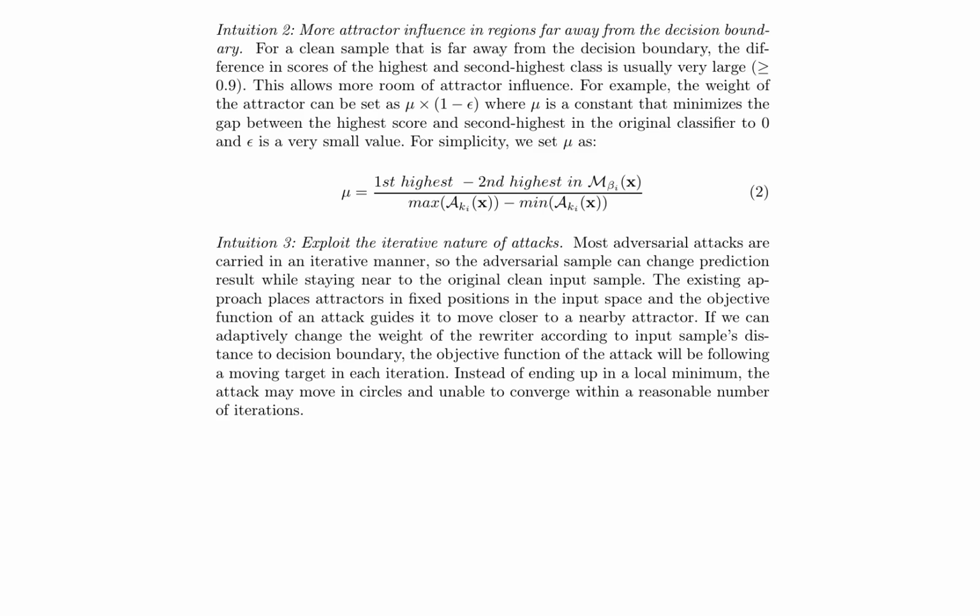For samples near the decision boundary, the weightage of attractors is chosen empirically. In the example provided, the authors set the weightage to a specific value to achieve the desired effect. The adaptive attractors approach aims to maintain the effectiveness of the parameter rewriting at a constant level, regardless of the number of copies available to the adversary.